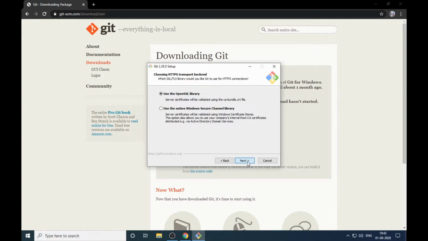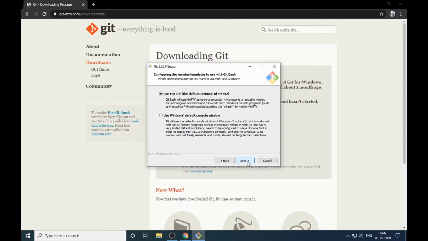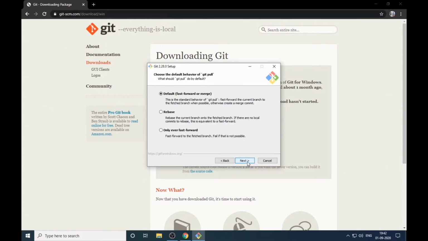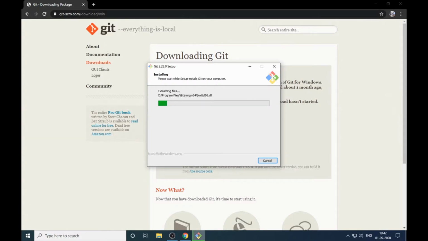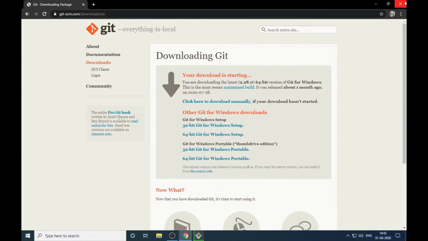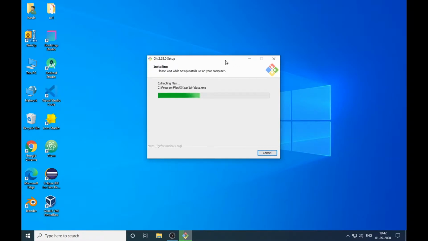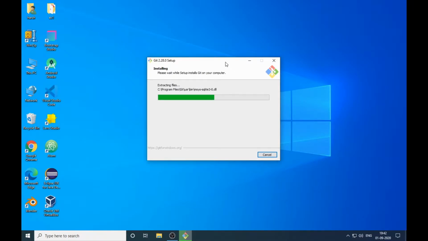Make it default until you know about these features. Install. While it installs, I'm going to close this. It will take some seconds to install, and after that we will start our command line coding.